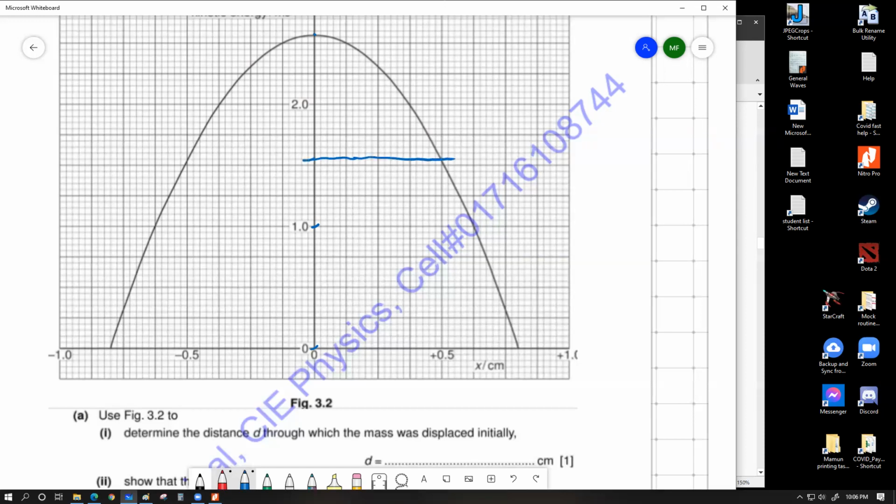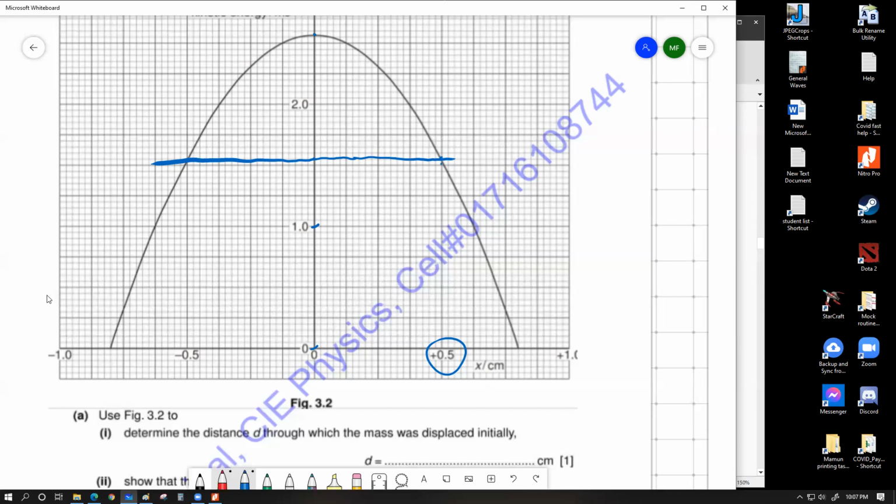You don't have to write it on both sides, but if I was doing it with a ruler, I'd preferably draw it on both sides anyway, which gives me a perfect cross point of 0.5. Happens to be perfectly plotted, which is good. If it wasn't, I would have to just find out the scale and calculate it out. So I would draw this straight line over here, and that would be self-explanatory for the examiners. Examiners would know that you did it from the graph. So that's the way you can do it from the graph.